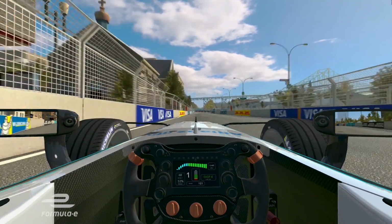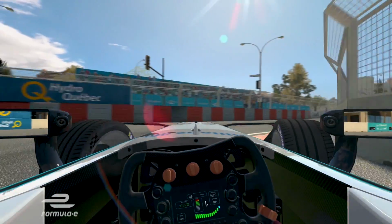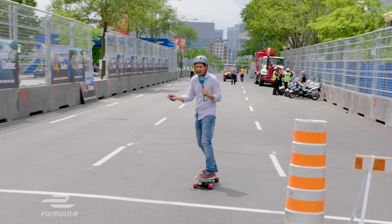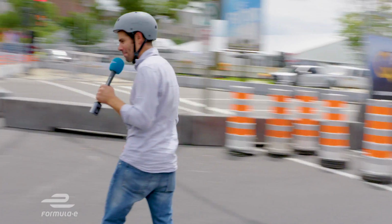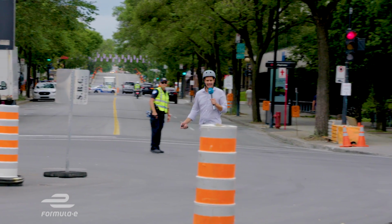This is the downhill, very wide braking zone into turn 1, at the end of that really long start-finish straight. I can imagine at the beginning of the race, cars could be 3 or 4 abreast into here. A definite overtaking opportunity. Now this is very much still a circuit under construction, but the exit of turn 1